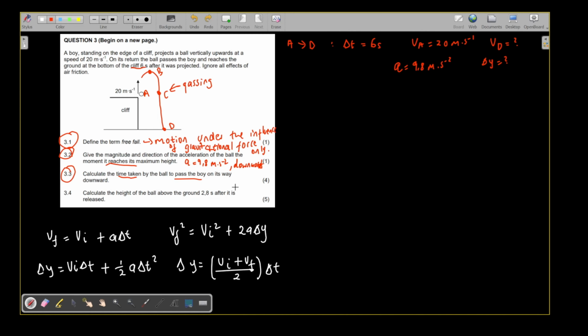Well, that shouldn't be much of a hassle. You just have to shift your focus to A to C and list the information you have from A to C. We do know that the velocity at A is 20 meters per second. We know that the acceleration is 9,8 meters per second squared. Now at C, we don't know anything, right? But we do know that the velocity at C is going to be negative 20 meters per second